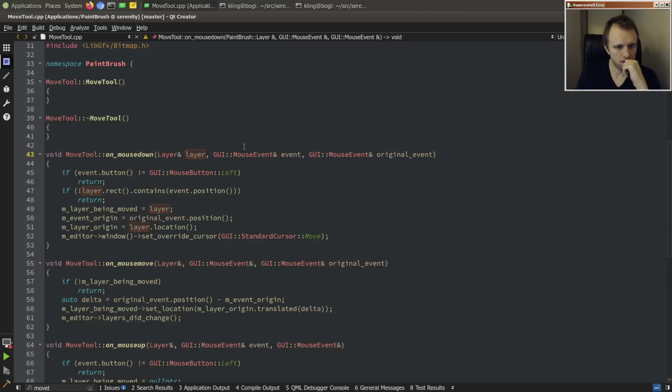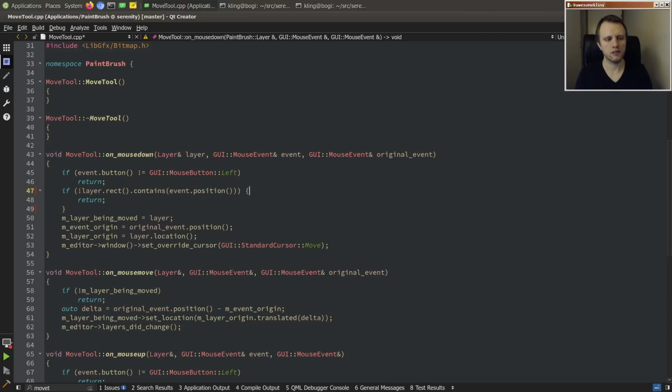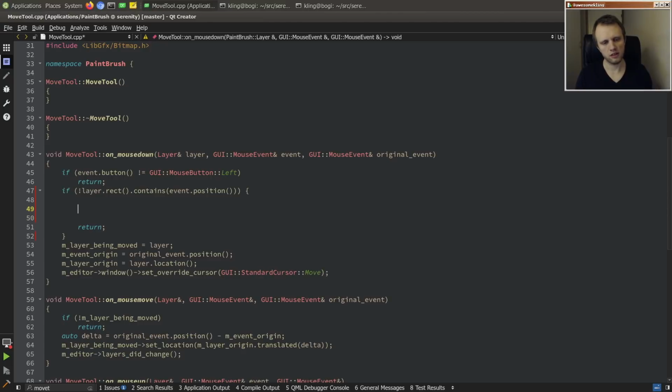And this will be a layer relative event, and this is an original event. So, how do we do this? I guess maybe we could start by only letting you do this if you're clicking outside of the active layer. So if the active layer doesn't contain where you click,